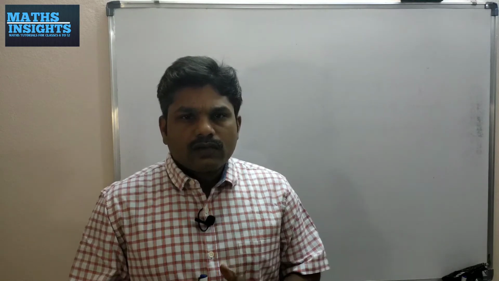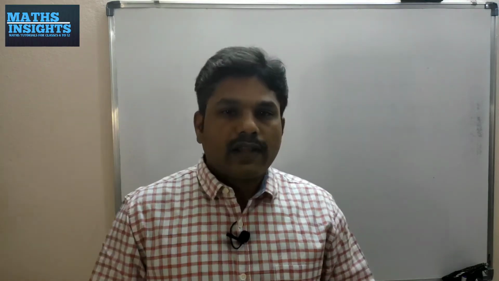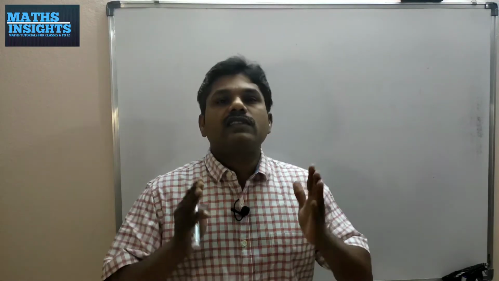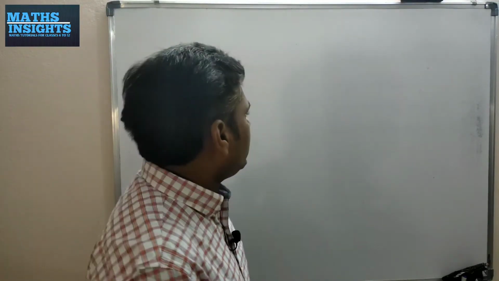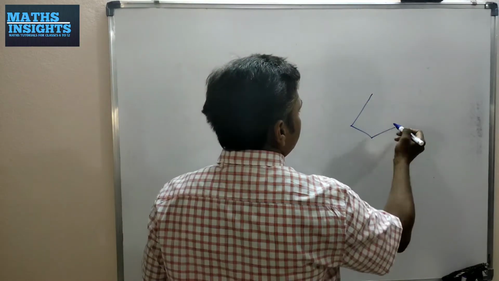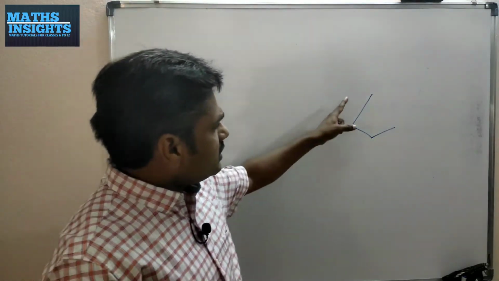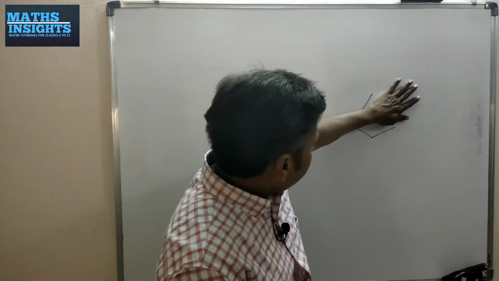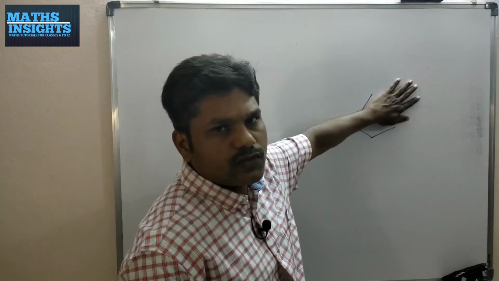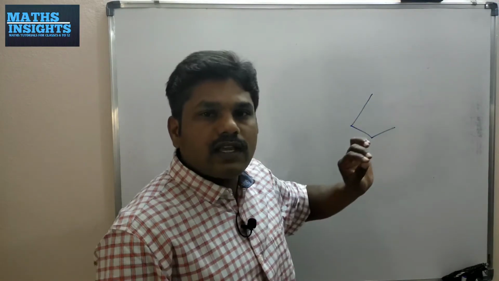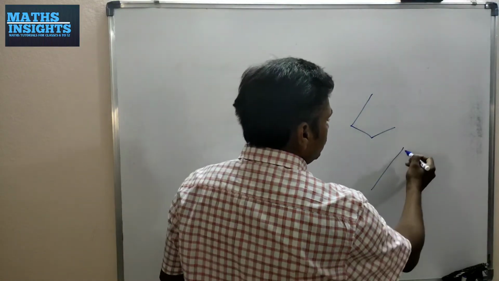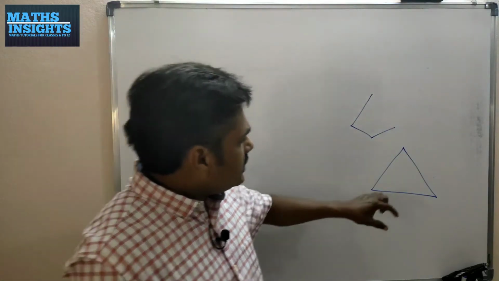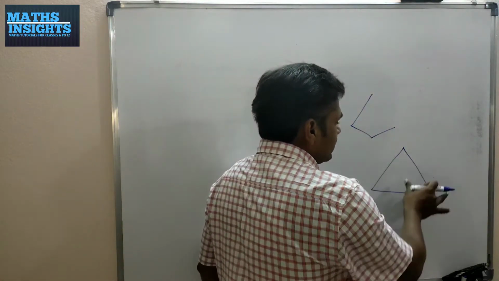So first we have to discuss what is meant by a triangle. Triangle is a closed geometrical figure with three sides. So I am explaining you. See what I said, that should be a closed figure. This geometrical figure is having three sides, but it is not a closed figure. On this side it is opened. That's why it is not said to be a triangle. Triangle is a closed geometrical figure. If you close like this, then this is said to be a triangle. And this is called one side, second side, third side.